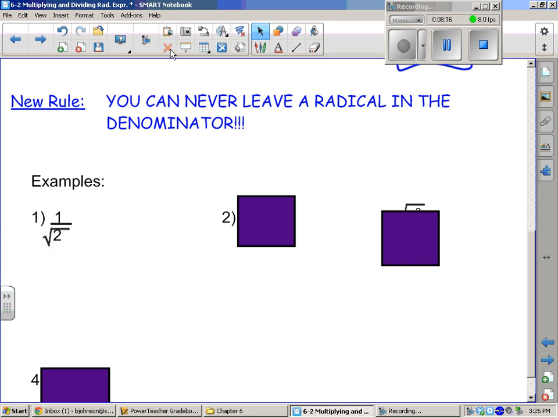Okay, so what that means. Ooh, there's one in the denominator. Get it out. Hurry, not allowed. Okay, so you always want to check to see, if it's like the problems that I just